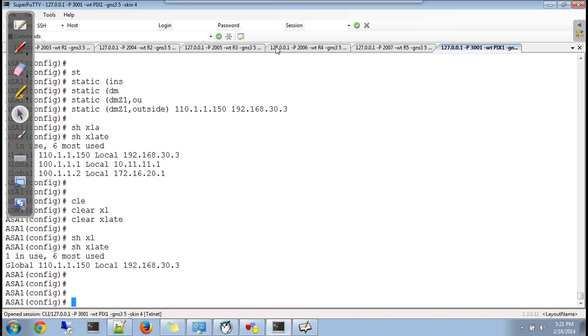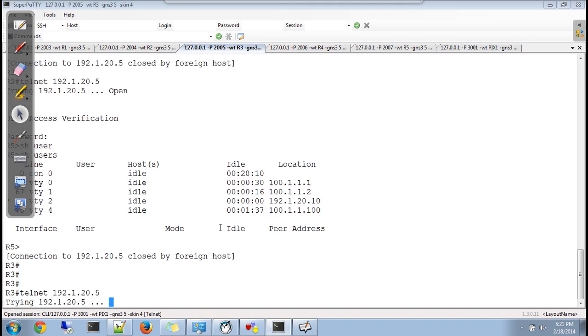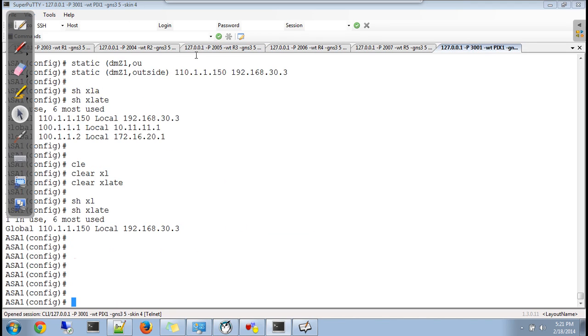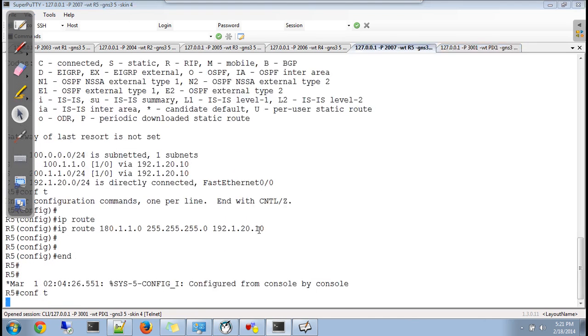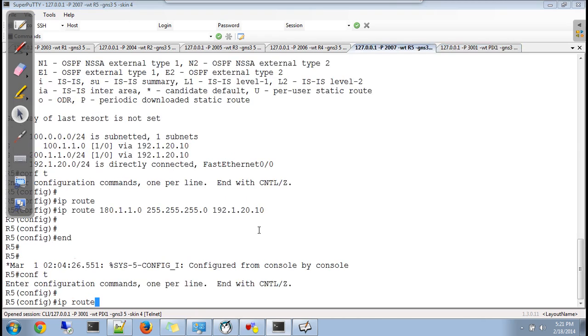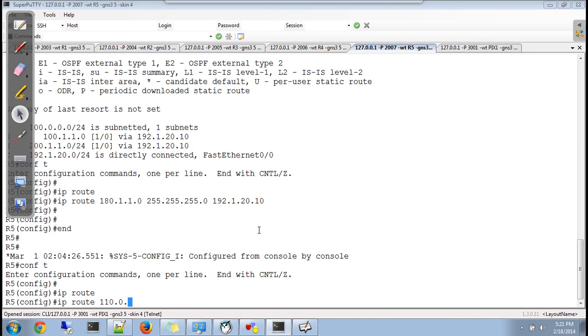How do you verify this? Go to R3. This is 30.3, isn't it? I need to add a route here, IP route 110.